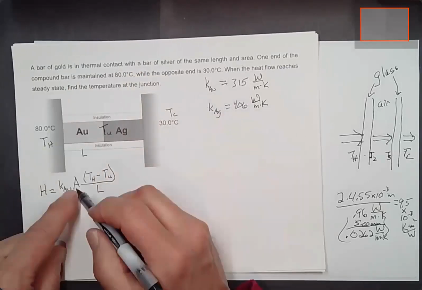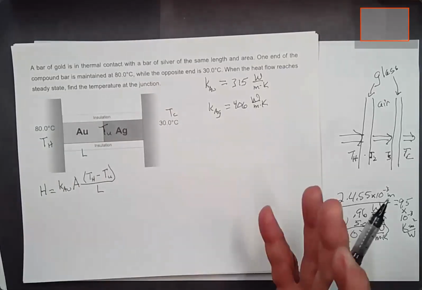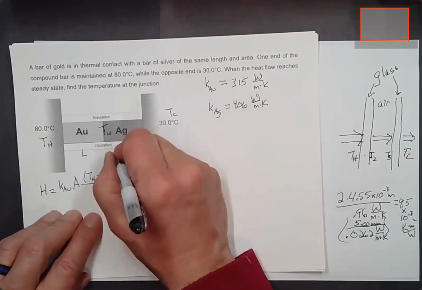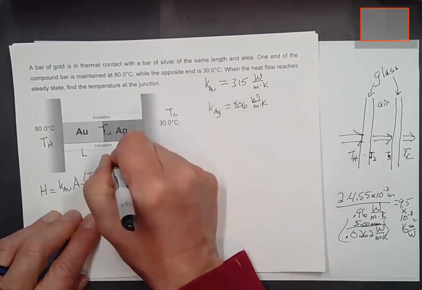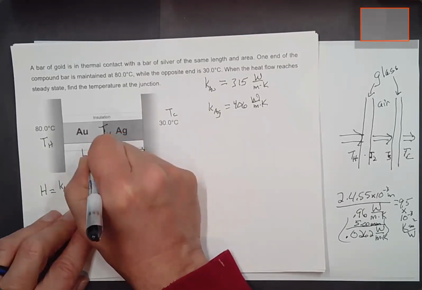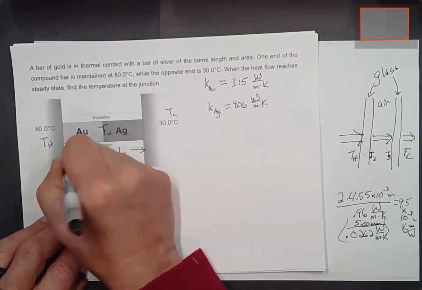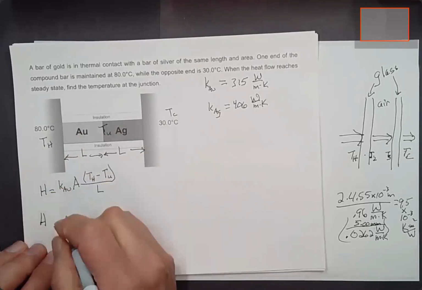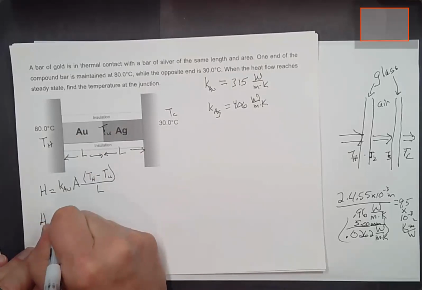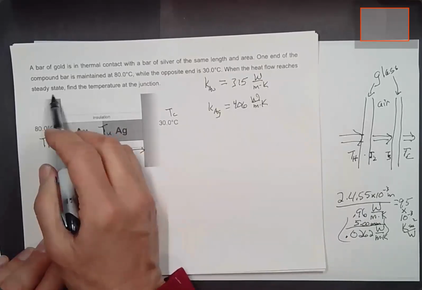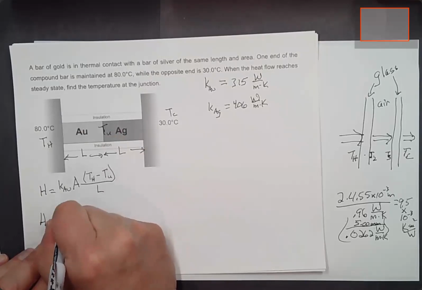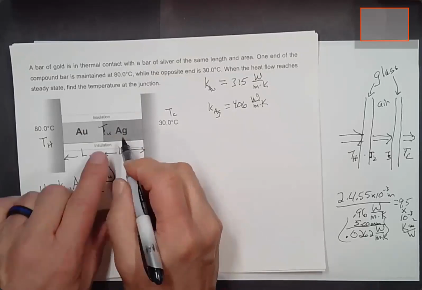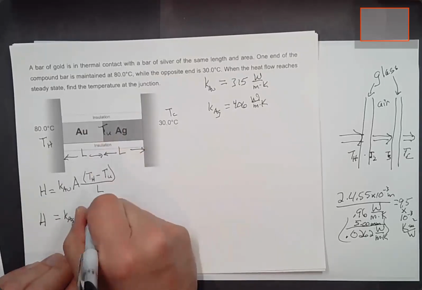And so they both have the same area, they both have the same length, which we don't know, but maybe we can get away with not knowing them. But at any rate, I'll call each of their lengths L, and it said they're the same, so I can use that. So there it is for gold. For silver, it'll have the same heat flow through it. And when the heat flow reaches steady state, I'd have K sub AG times A times, this time, TU minus TC